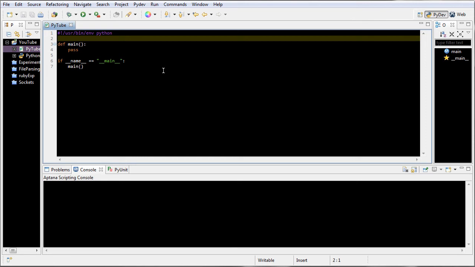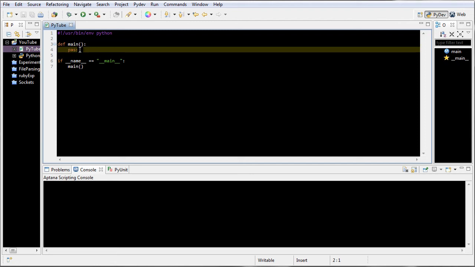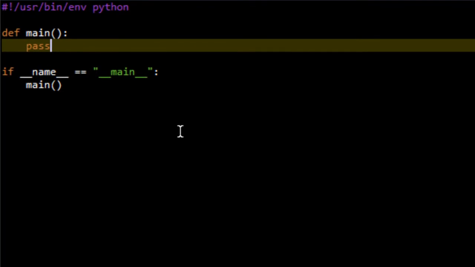In this tutorial we're going to talk about two important data structures in Python. These data structures are lists and tuples. Now as you can see, I've created a basic Python script over here. So let's start. Now a list in Python is created using